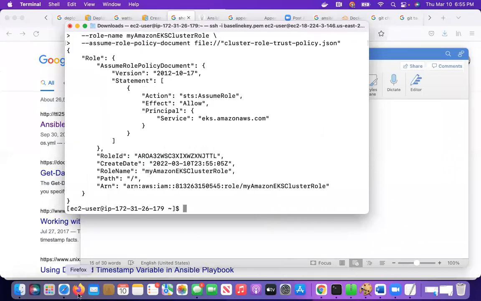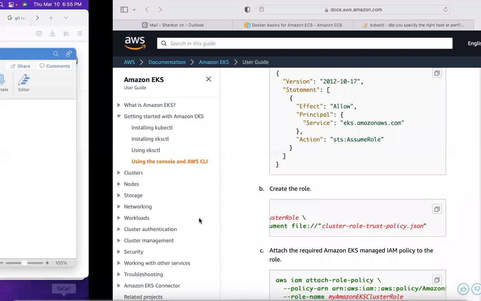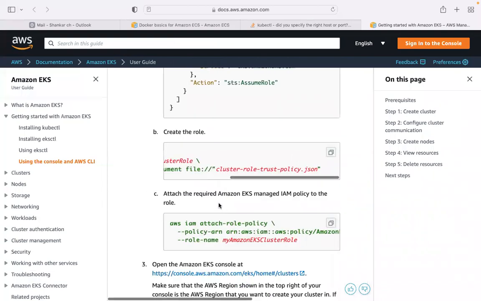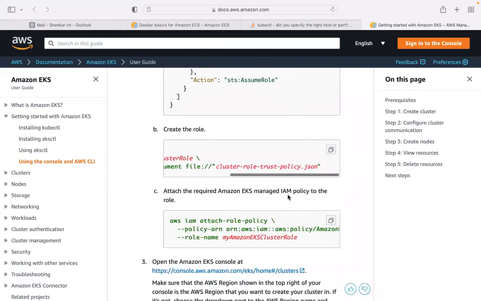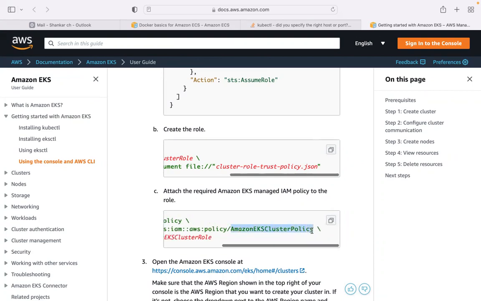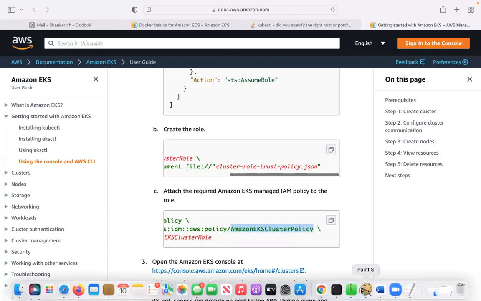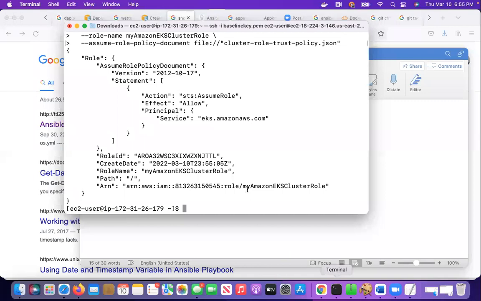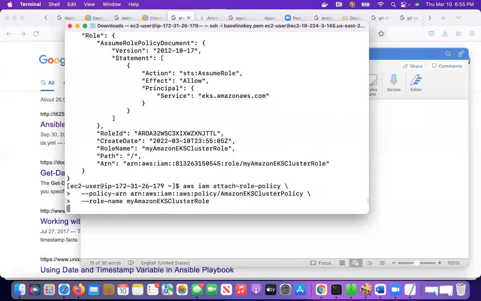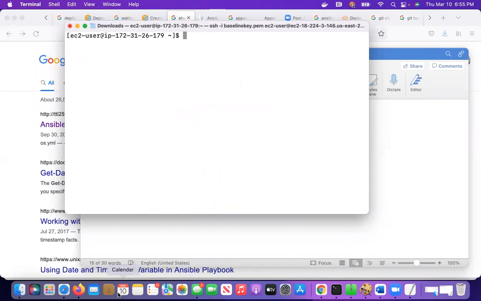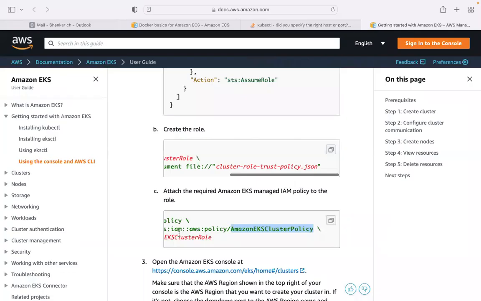Okay, the role has been created and let me go here. EKS managed IAM policy. Let's attach some more policies. There is an extra policy, this one. We did not create that policy, but it is an existing policy from the console. We are attaching that policy as well to our IAM role, so our IAM role will have the necessary permissions. Now let's go ahead and create